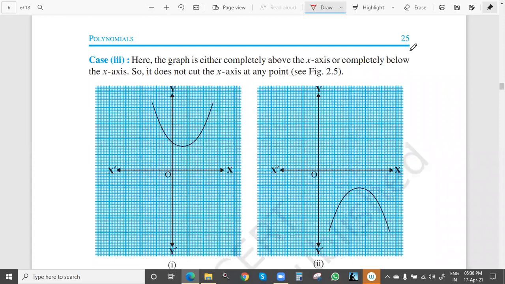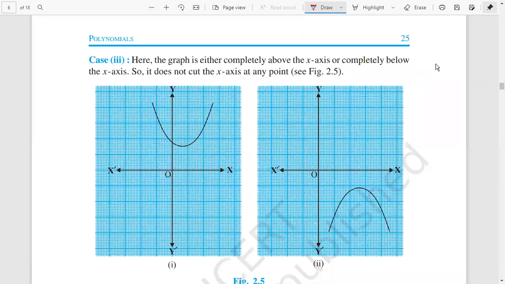So 0 is correct, because the graph is not cutting the x-axis. Every time we have to see the x-axis, not the y-axis. So the x-axis is not being cut. That means 0 zeros, and here also 0 zeros. Although the graph is quadratic, or we can say its nature is a parabola, degree 2, there is no zero, which means we cannot take any value of x for which p(x) is 0,